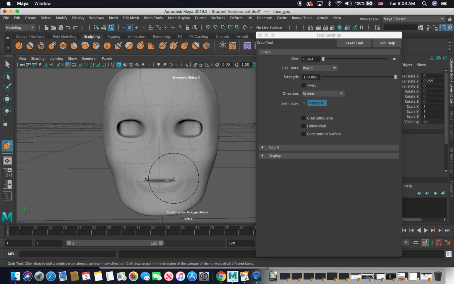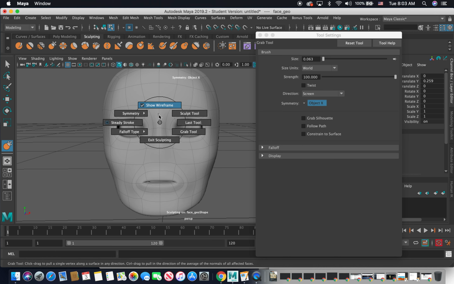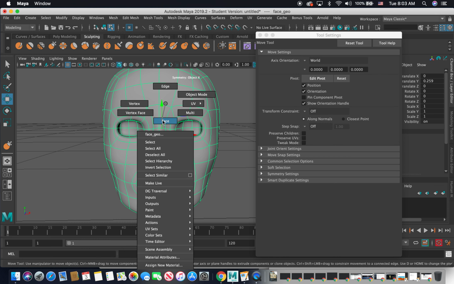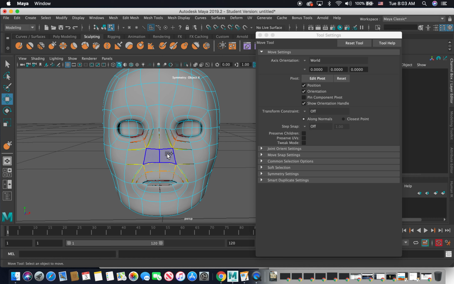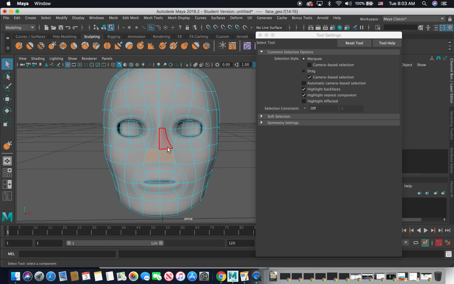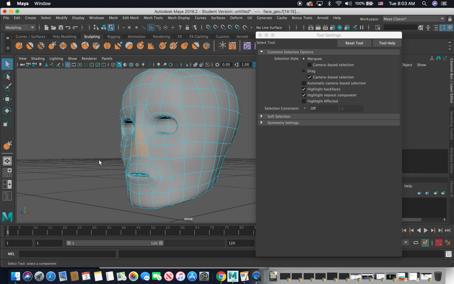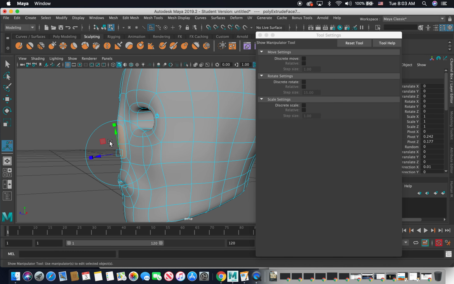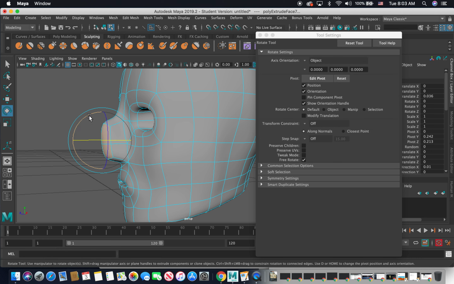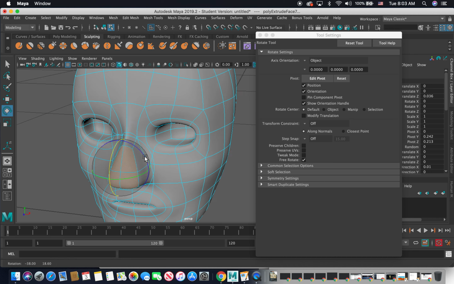Before then, let me lower it. So now I'm going to change to the move tool, and for this I'm going to also turn up the symmetry, and then turn up the soft select, and I select these 4 faces, okay, and then I'm going to extrude, Control E, and just simply extrude and rotate it a little bit,